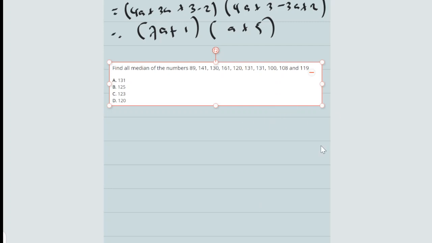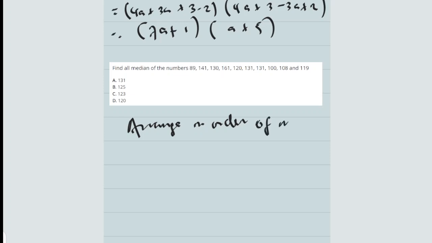Okay, now, like I've said, the first thing to do is to arrange in order of magnitude. Ascending order is from the least to the highest, from the smallest number to the highest number. Descending is from highest to lowest. Anyhow you arrange them, you are going to have the same result. Let's say I want to arrange in ascending order. What am I going to have?